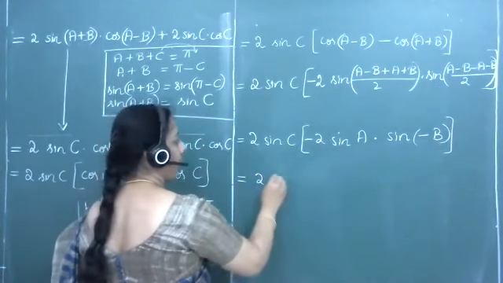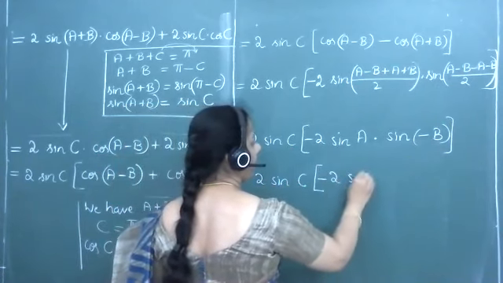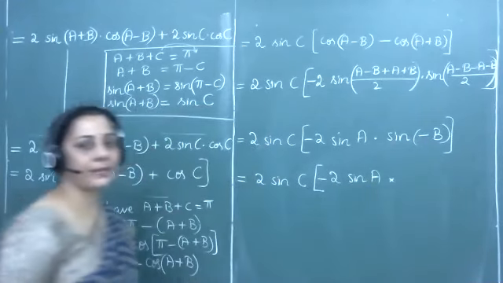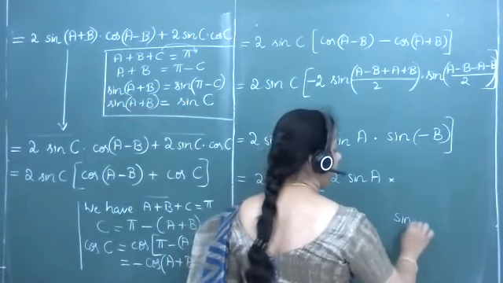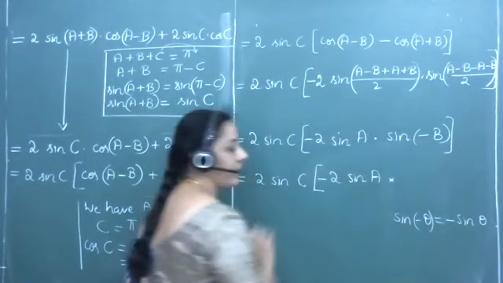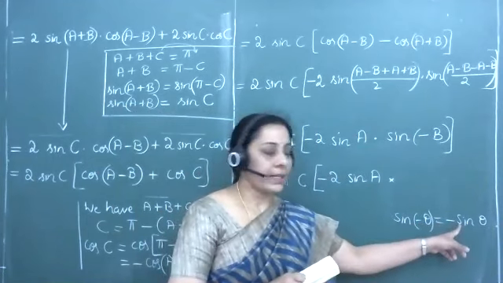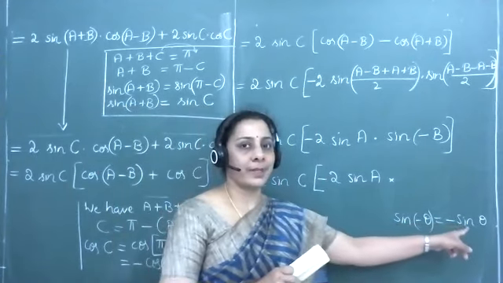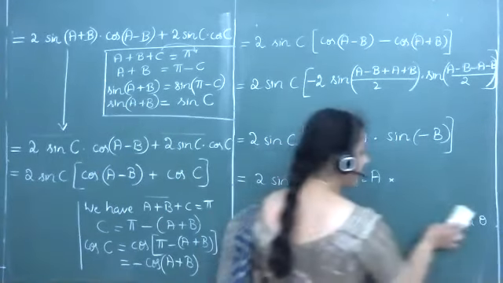So now this will be 2 into sine C multiplied with minus 2 into sine A multiplied with sine of minus B. Again we recall here first year allied angle concept, sine of minus theta is equal to minus sine theta. Whenever we consider sine ratio of a negative angle, the negative will be considered for the whole ratio, unlike cos function. Cos of minus theta is plus cos theta, whereas the sine of minus theta will change to minus sine theta.